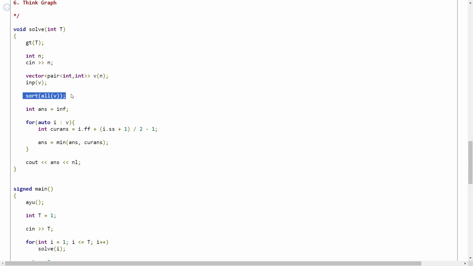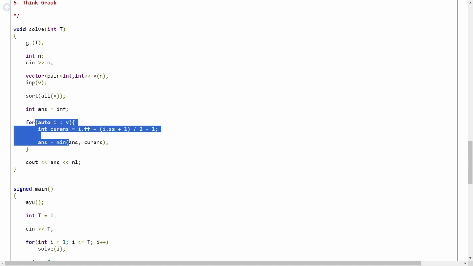Now I am sorting all the values of v, although it is not necessary to sort, but I still sort it during the contest, and I will initialize my answer with infinity. So infinity is just going to be a very big value. Now what I do is traverse through all the traps, and my current answer is going to be the first value, that is the position of the current trap, and the value associated with it by